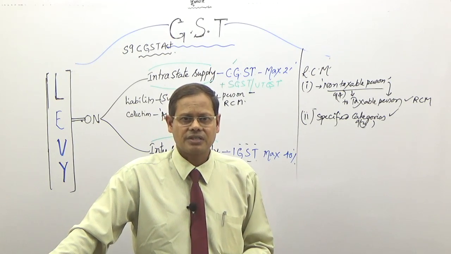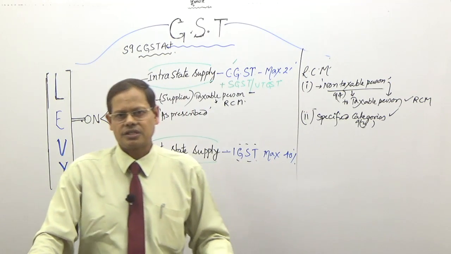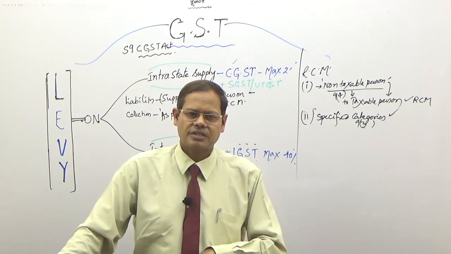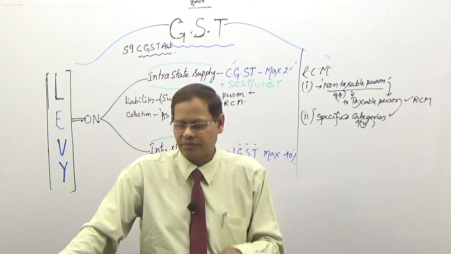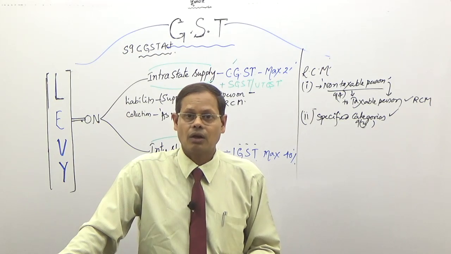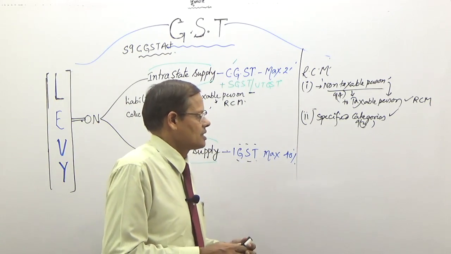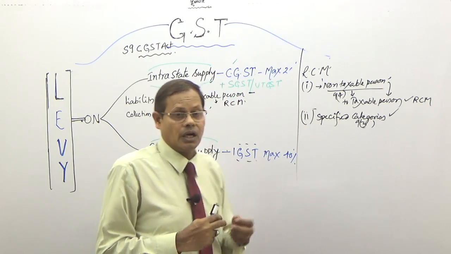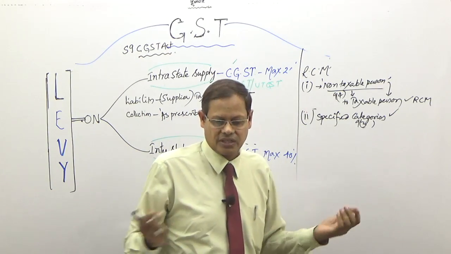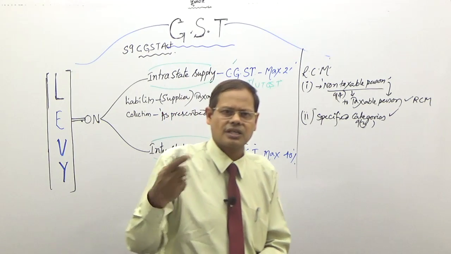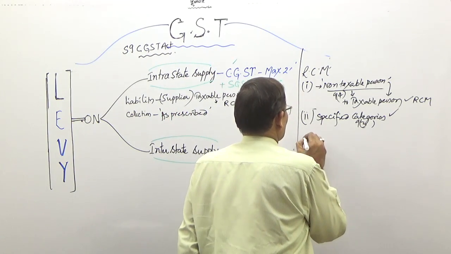For example, you are receiving services from a goods transport agency, you are to pay. Suppose you are a business entity receiving services from an advocate, lawyer, you have to pay under reverse charge, like that. So, specified categories of goods and services. For services already there, goods are also there, it is a continuous process. And third category,